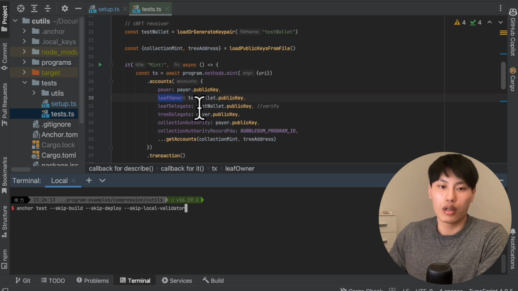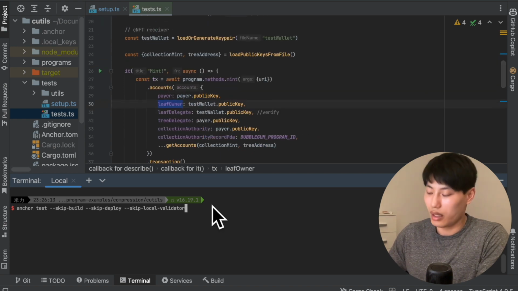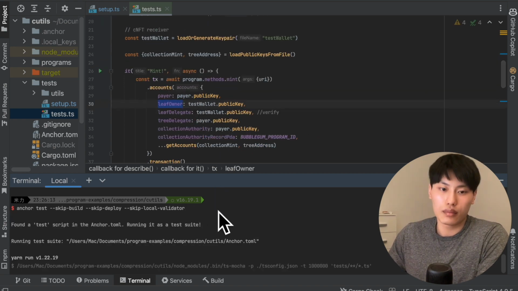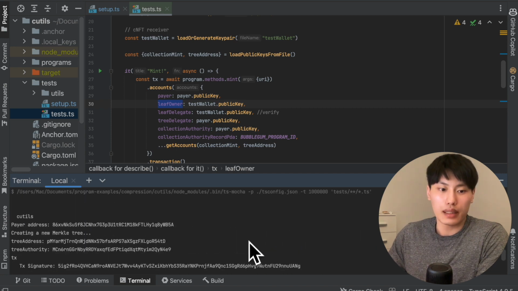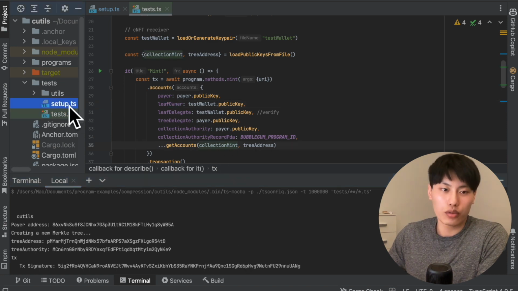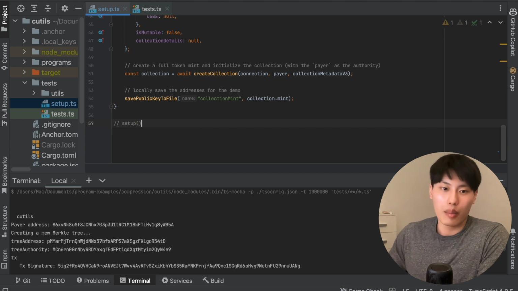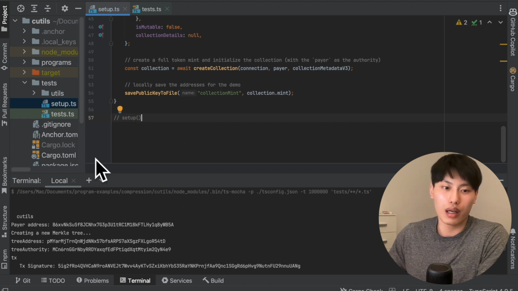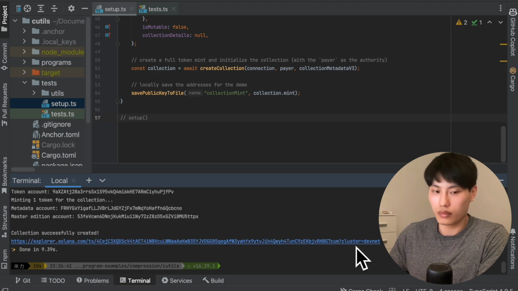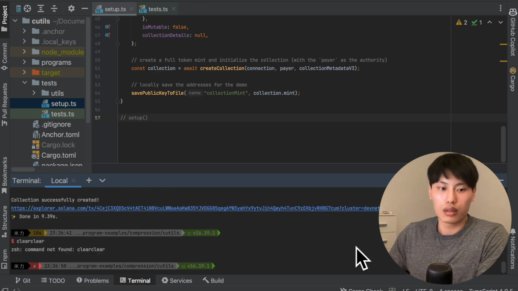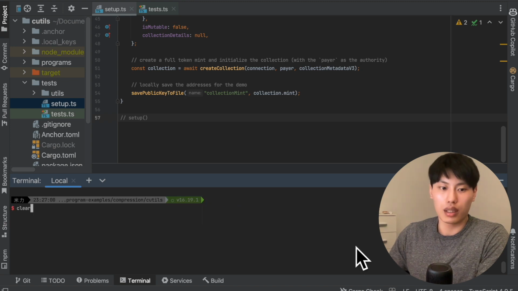So now we'll be minting an NFT. Nice. All right. Oh shoot, I was supposed to comment out this one, but I think it works anyway. So let's do the minting again. Clear, and